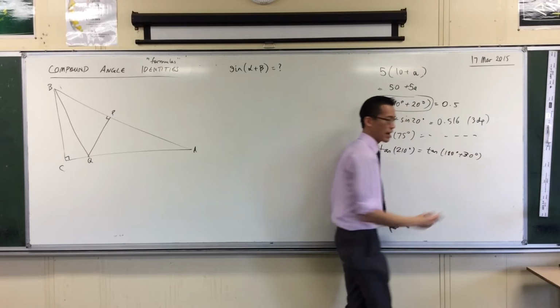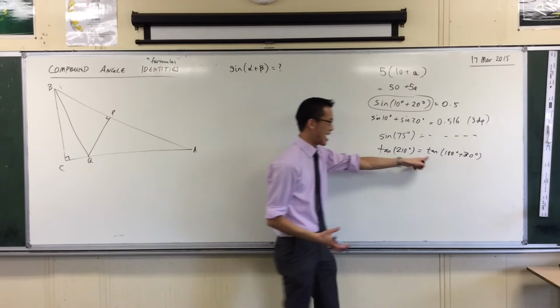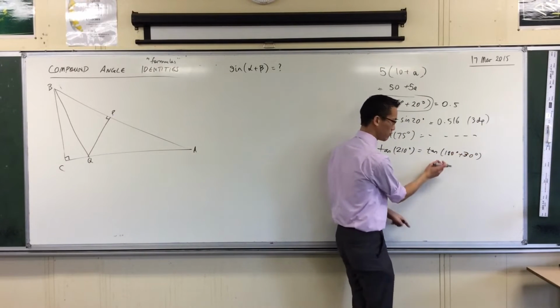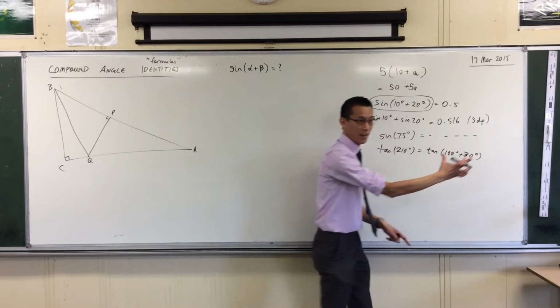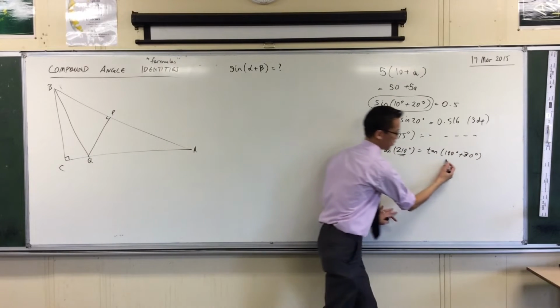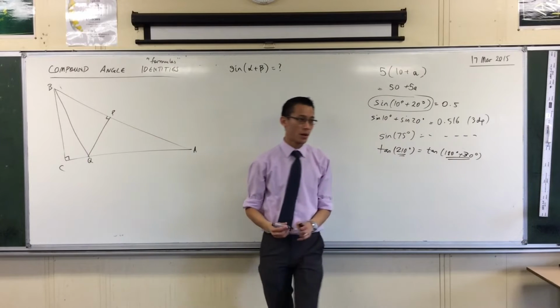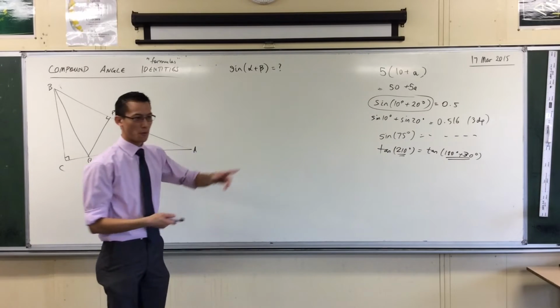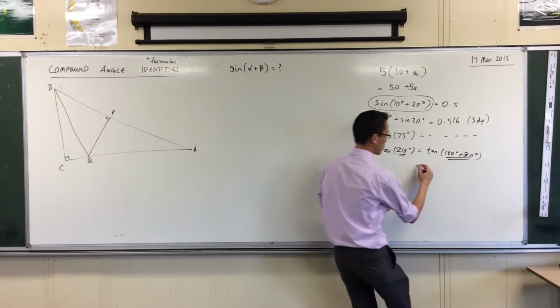Now in this case, I haven't broken up tan 210 into 2 different pieces. It's still one tan function. Won't take you long, give it a shot. Okay, and it's just that 210 is equal to 180 plus 30. But the arguments we made for why this is therefore equal to this